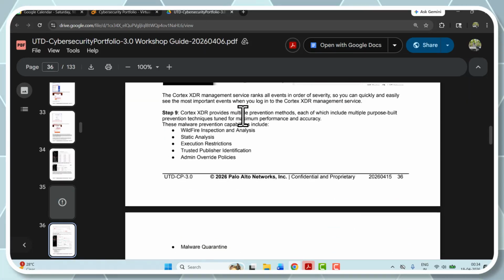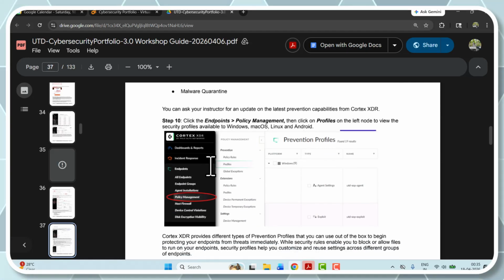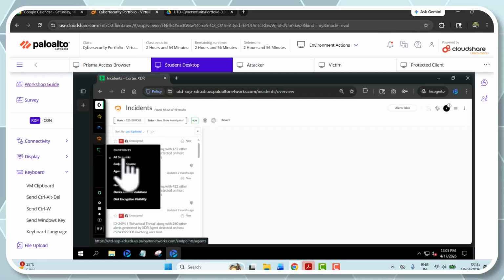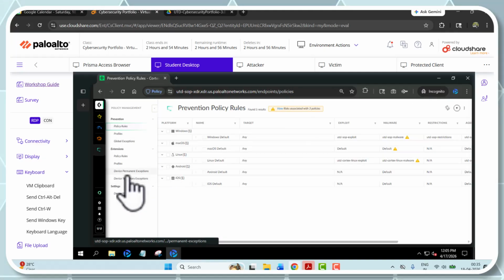Cortex XDR provides multiple prevention methods, for example WildFire, static analysis, execution restrictions, trusted publisher identification, admin override policy. So a lot more things it gives us. Now it is saying go to endpoint management and policy management and click on the profile tab. You will go here, endpoints and policy management. In policy,